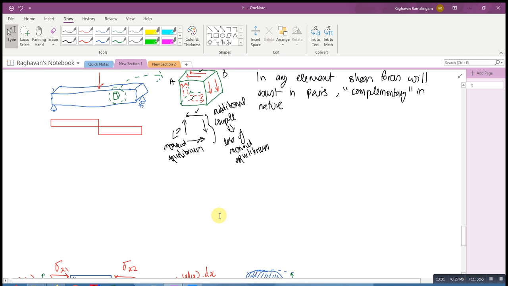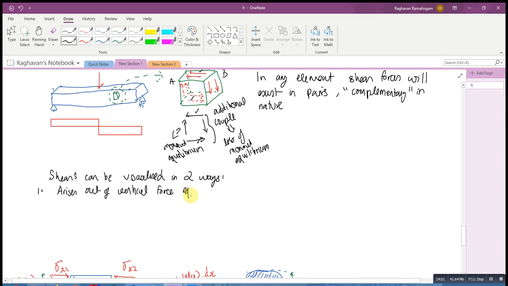Okay, so what we would like to state over here is, therefore we can make the following statements about shear force. So shears can be visualized in two ways. One is one that arises out of vertical force equilibrium, as usually done for